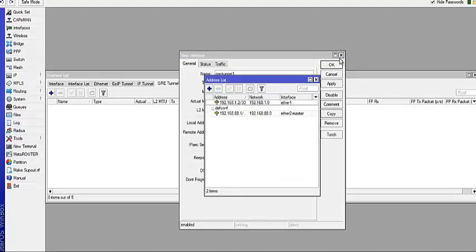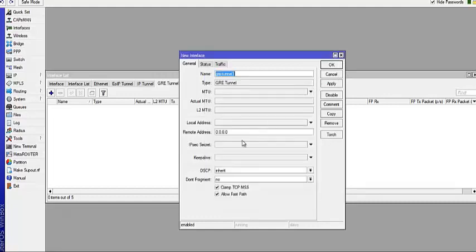The other end is 1.1. So I'm going to put 192.168.1.1 as the remote IP, while my local IP is 192.168.1.2. I could have entered an IPsec secret here, but I haven't set up IPsec, so there's no need for that for now. I'll come back to it. I'm going to click Apply.